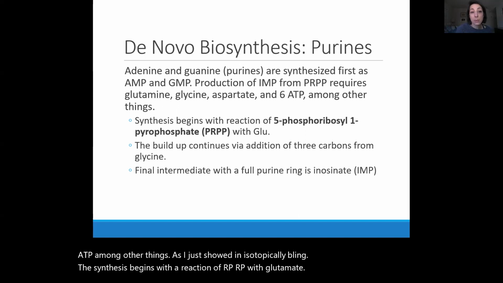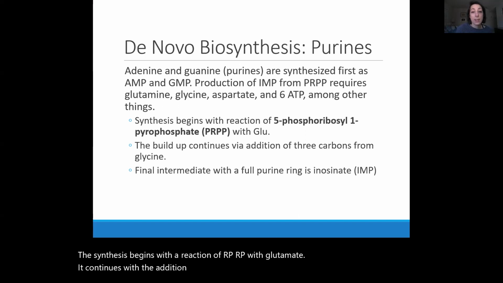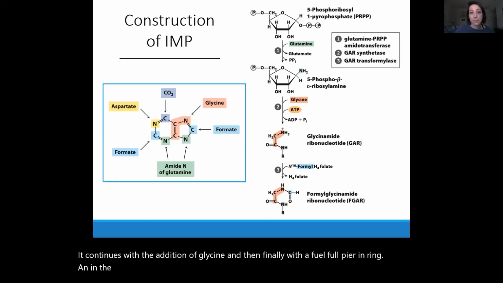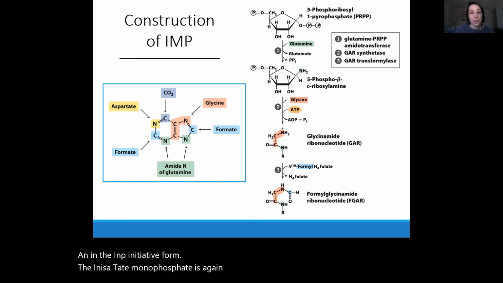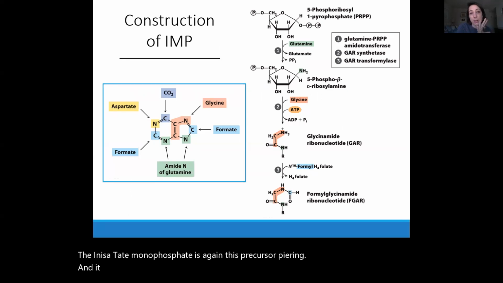It continues with the addition of glycine, and then finally with a full purine ring in the IMP, inosine monophosphate form. So the inosine monophosphate is, again, this precursor purine,